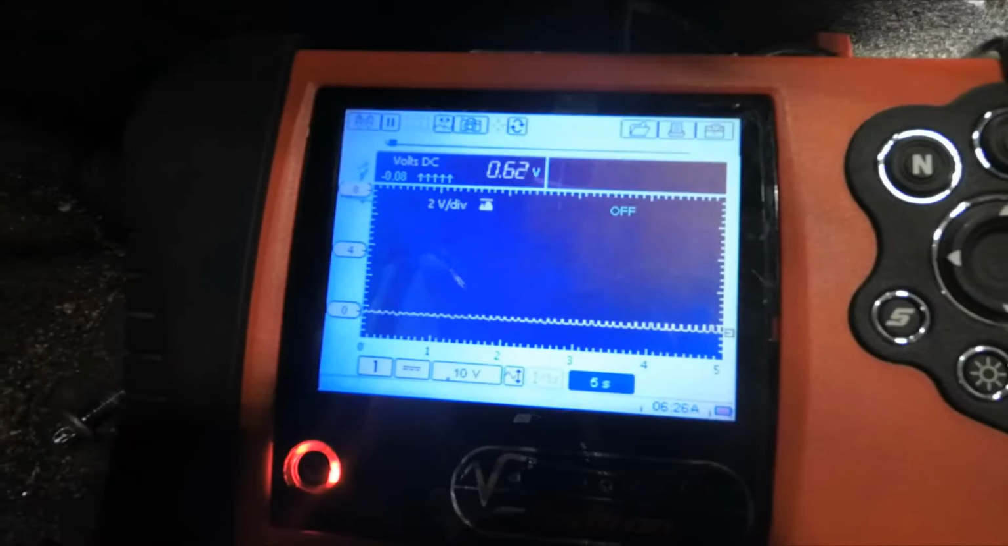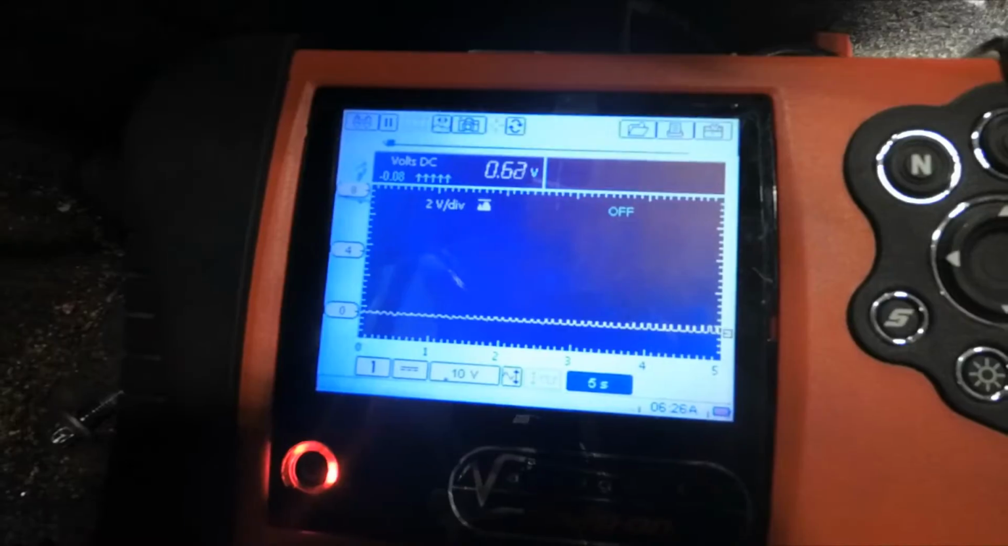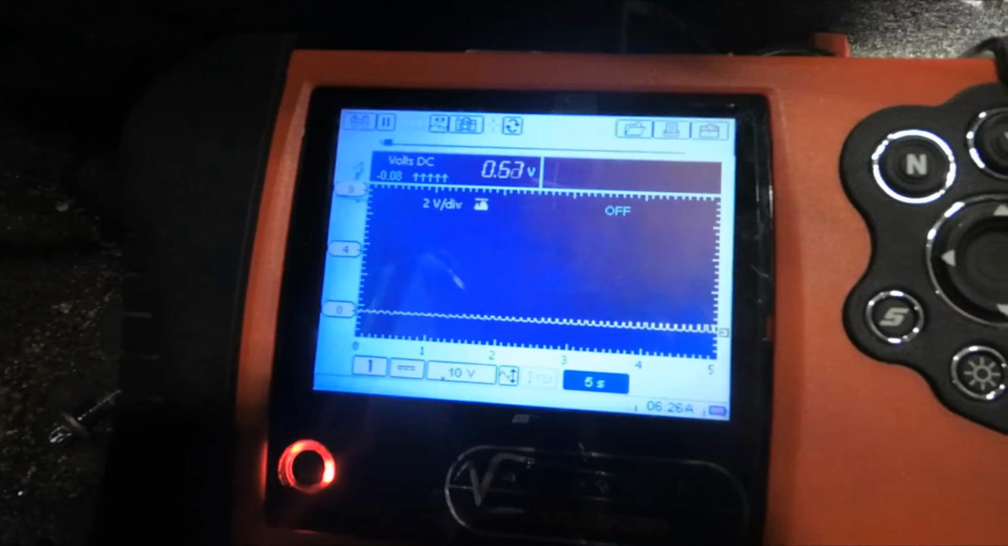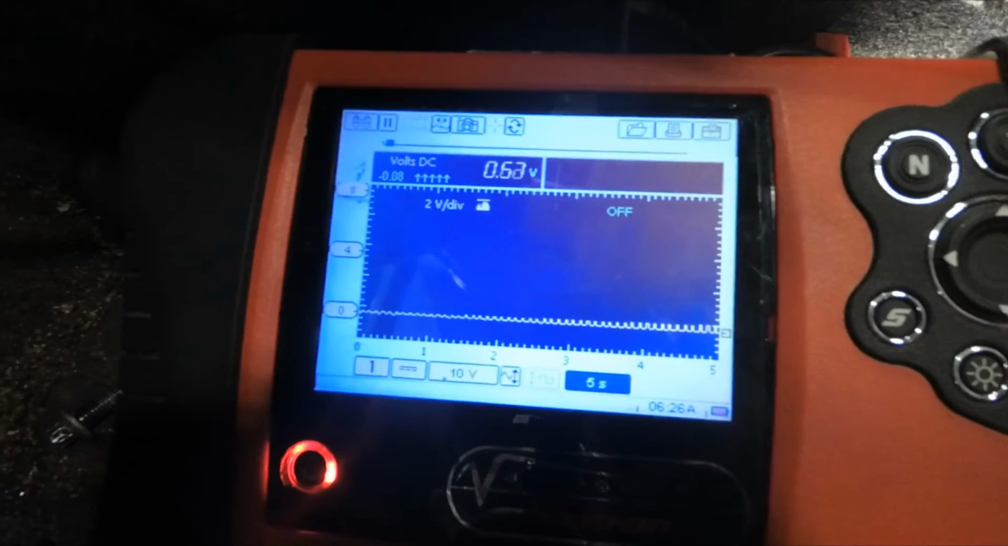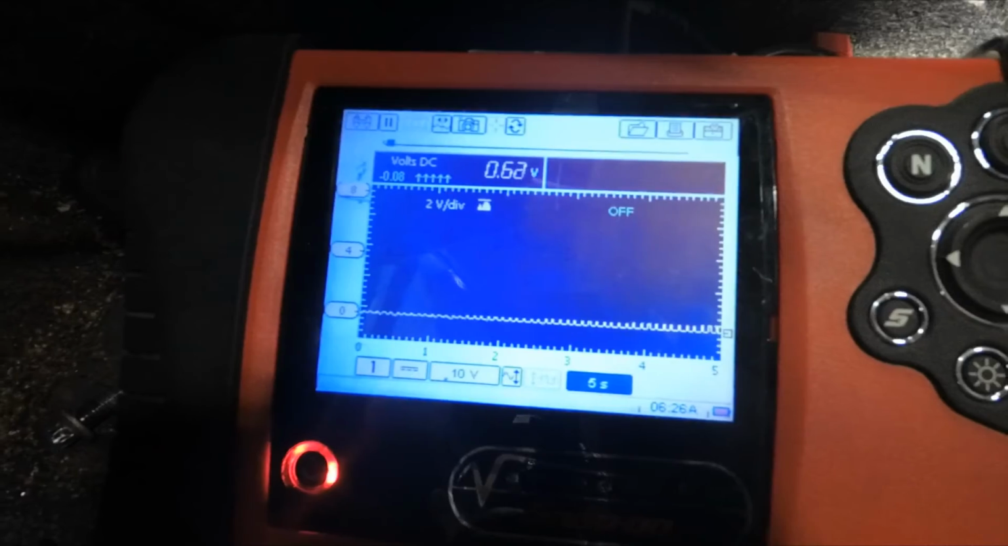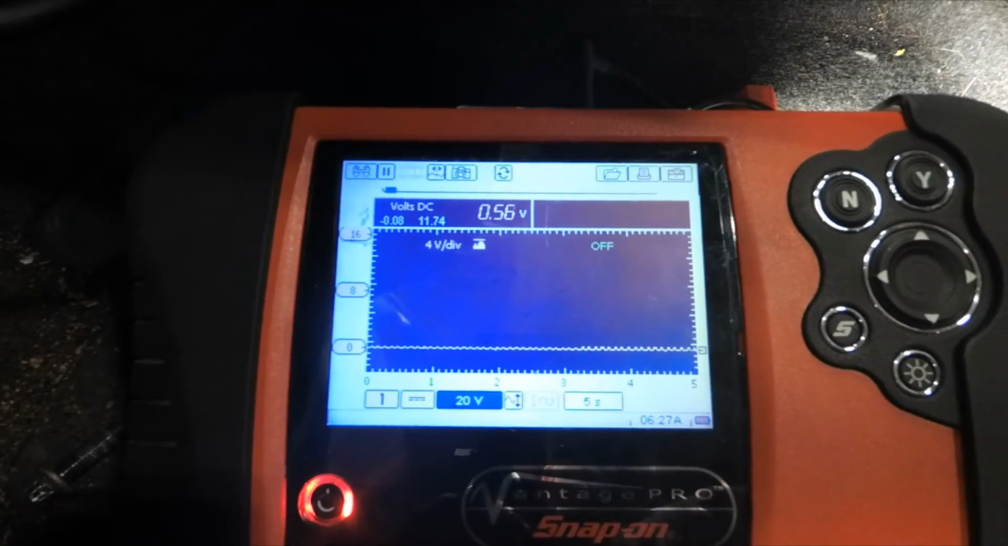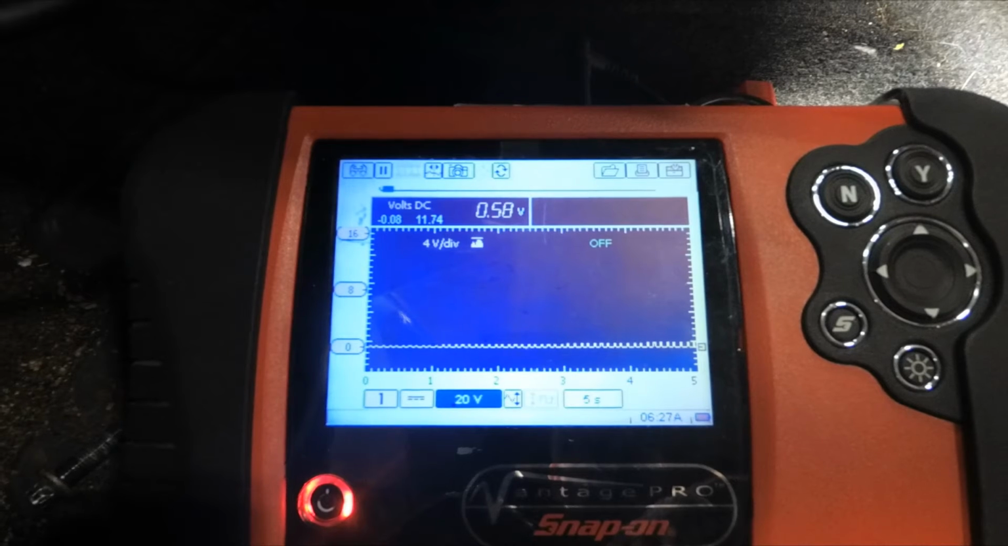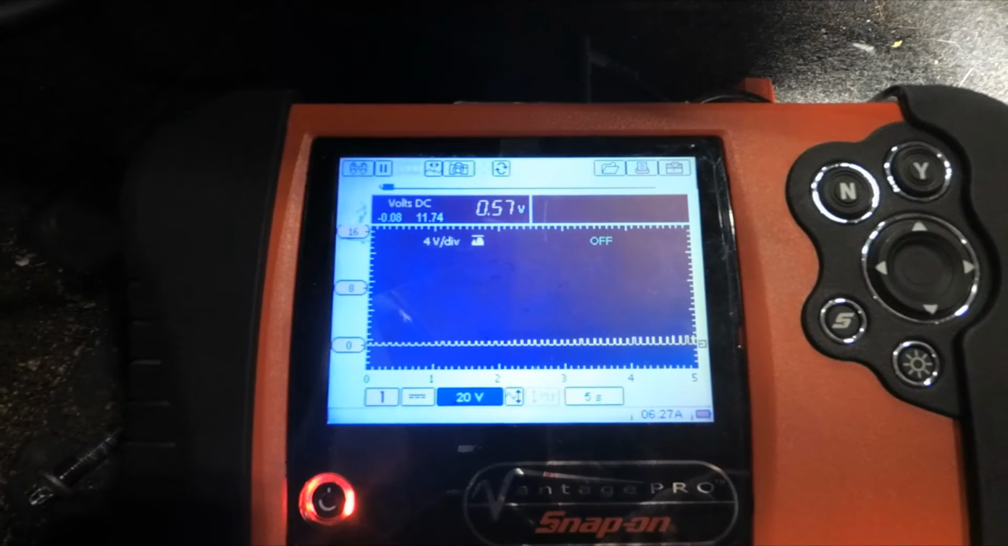Can you buckle the seatbelt in? Let's see what happens when we buckle the seatbelt in. Unbuckle it again. Nothing changed. So what we noticed about the seatbelt buckle switch is that if you monitor the voltage on that